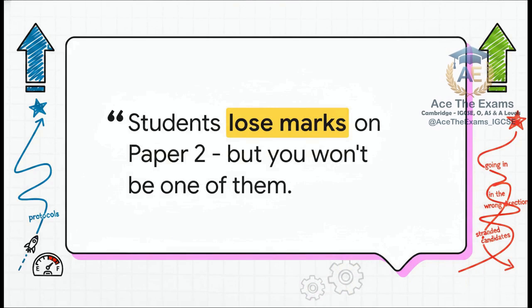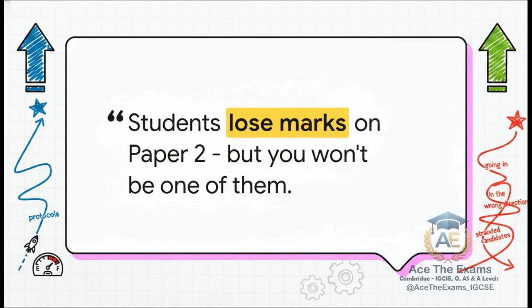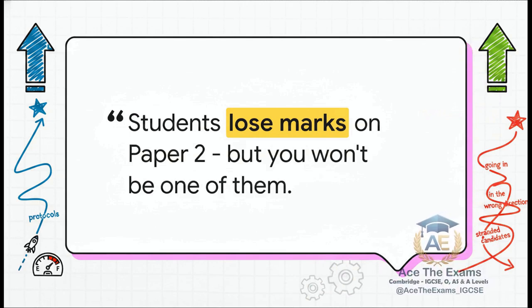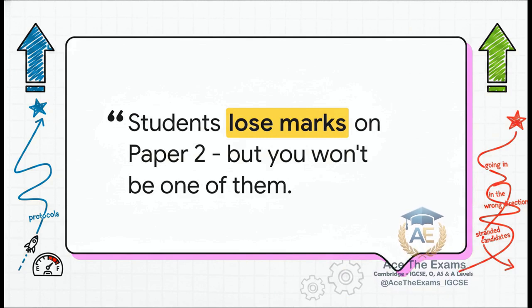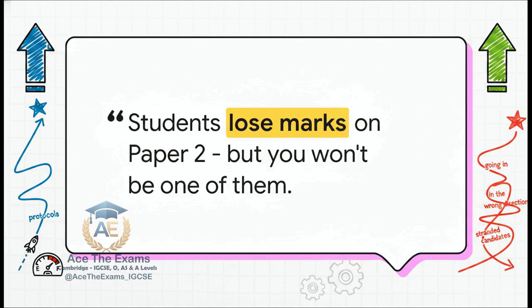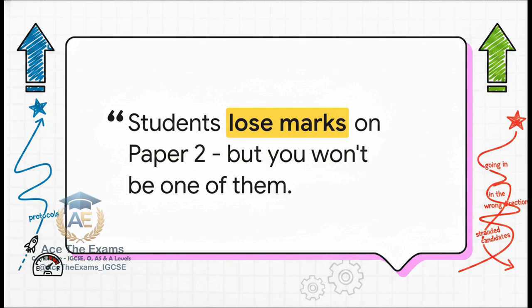Now, what's really fascinating about the data we've extracted from the senior examiners is this profound realization. Securing maximum marks on this paper isn't about luck. It's not about guessing what the examiner wants. It is entirely about adhering to strict flight protocols. The reports are explicitly clear. Most candidates lose easy marks simply because they deviate from the established framework. They try to go off script. But listen, after we run through this explainer together, you are not going to be one of them. We're locking your trajectory right now.